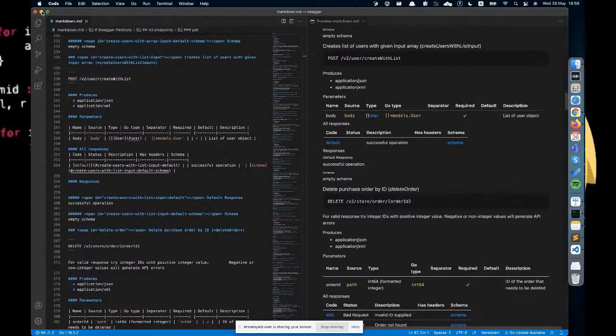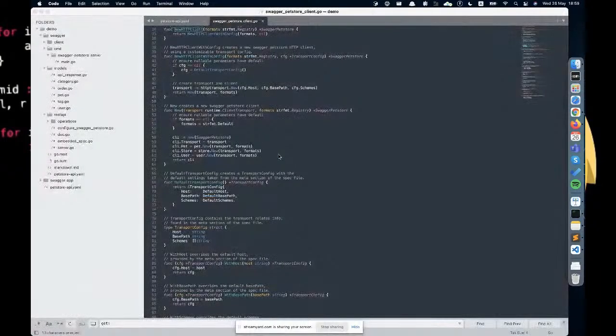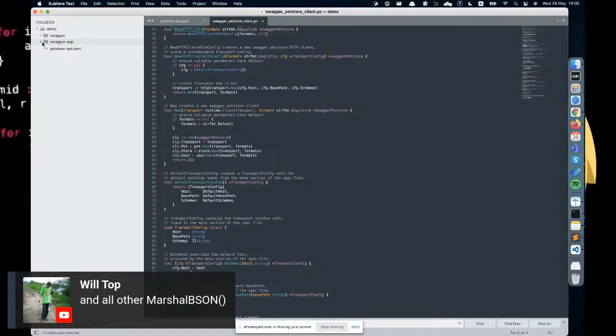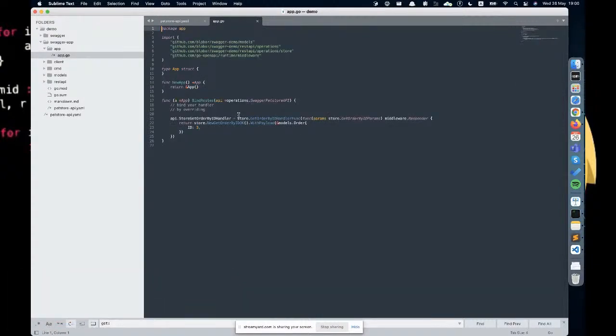Okay, going back to our example. As I already showed you, you have a Swagger, right? And you want to use an app, you want to place the business logic somewhere right here. So I already created this one to save our time on typing. It's the same Swagger app, but I just created an app folder right here. So you can define your own abstract, for example, which will consume the PetStore API, which is basically a set of handlers, and it will override all the handlers with your own implementation.